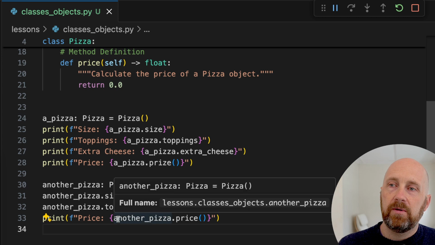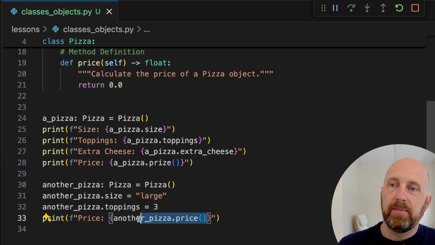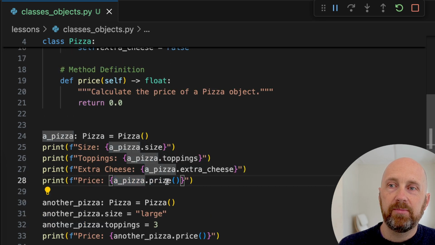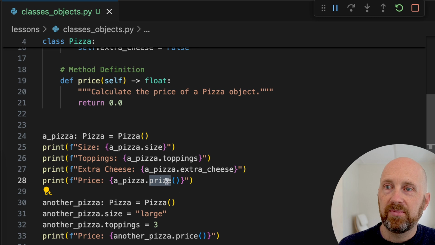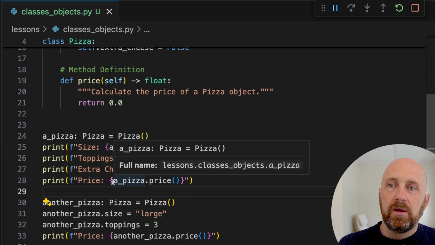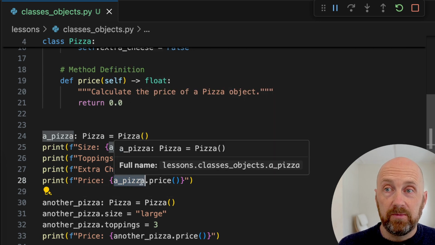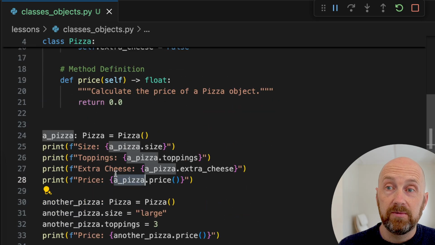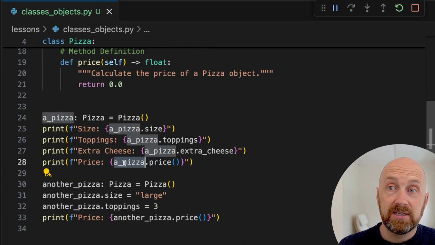And notice we have a method call, right? So another_pizza.price, a_pizza.price. And what we're going to see is that when we call the price method on a pizza, whatever object a_pizza is bound to. So in this example, we would have a class definition bound to ID 0, a pizza object for a_pizza